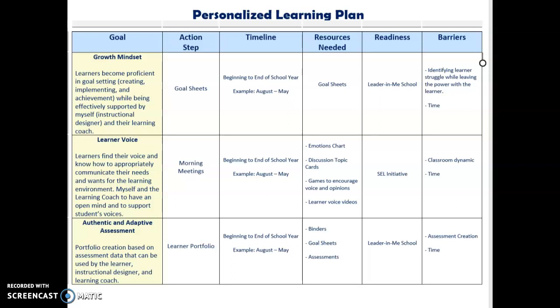As far as barriers go, time is a huge factor in any of these, in my personal opinion. As you'll notice as we go through this plan, 4 out of my 5 barriers consist of time, because as I have been researching and diving into this course with personalized learning, I'm continuing to be reminded of time. All these ideas and strategies sound fantastic, but I keep being reminded of where am I going to find the time to do all these things,